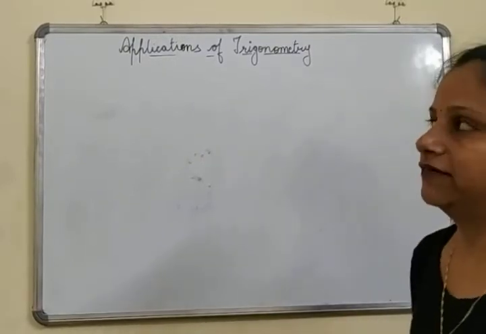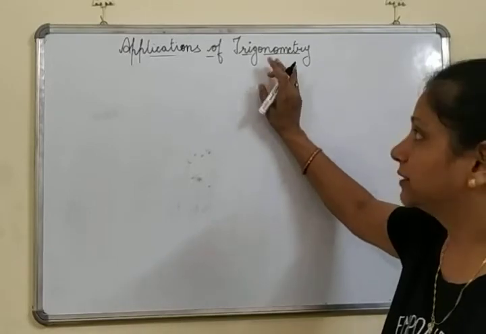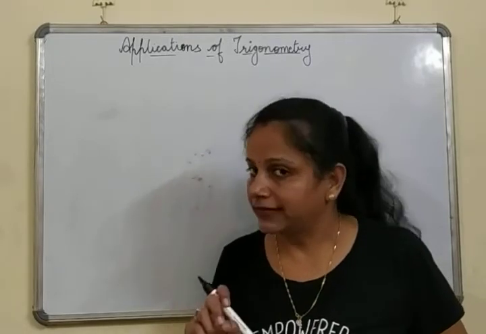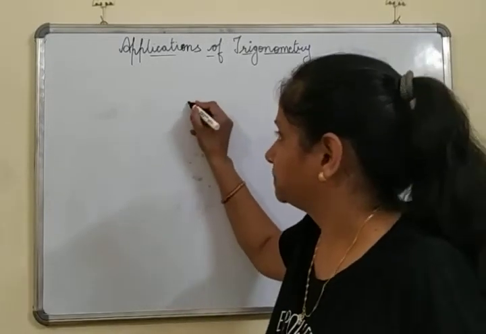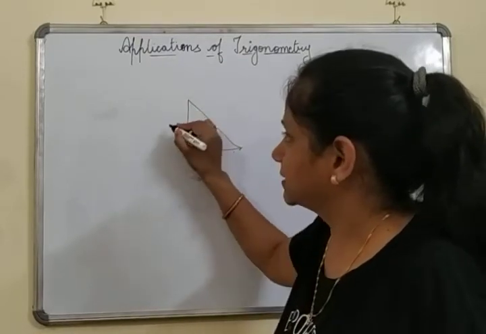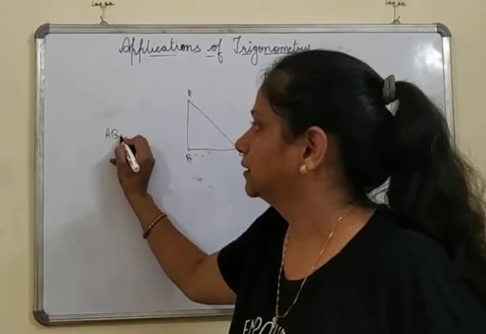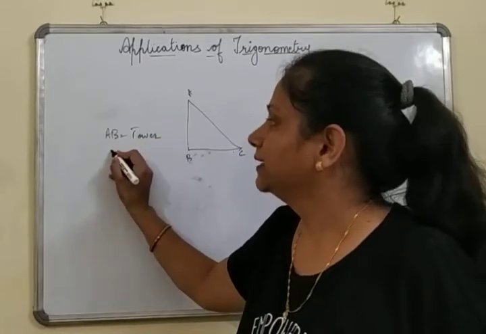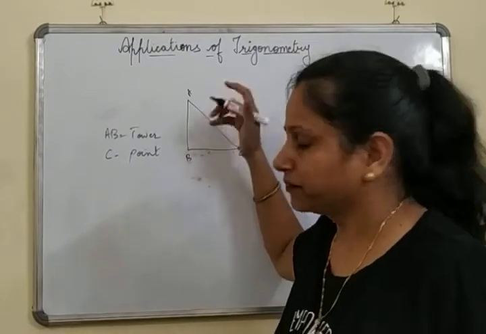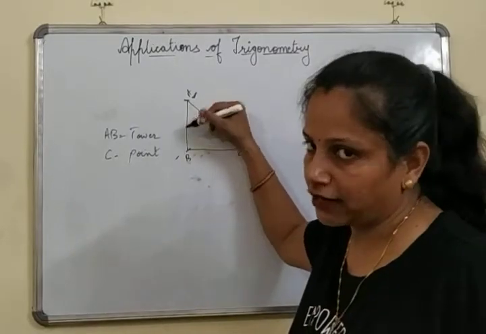The main thing that we have here is that application of trigonometry will always be applicable for a right angled triangle, because this is applications of trigonometry, and previously I have told you that trigonometry itself is for right angle triangle. Means now see, say for example that this is a tower A, B and C. Let AB be a tower and C is your point where you are standing. Means from this point you are watching this tower. This is the height of the tower and this is the base of the tower, means top of the tower and foot of the tower.